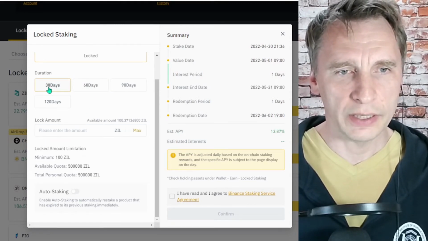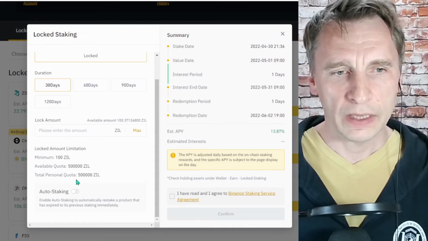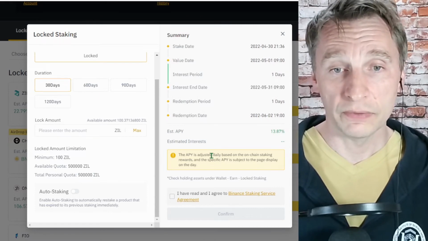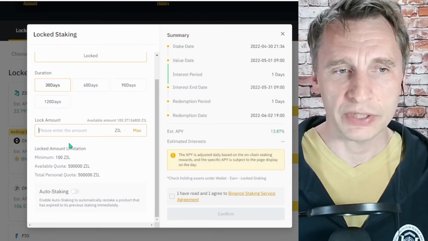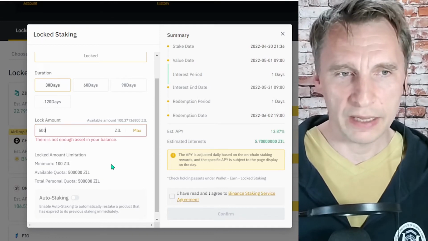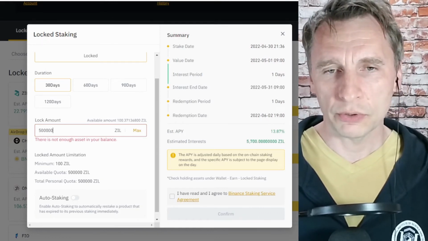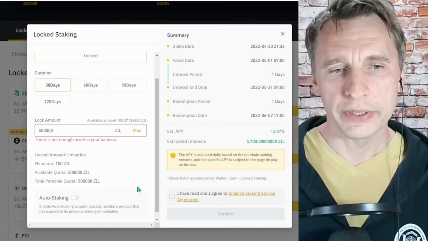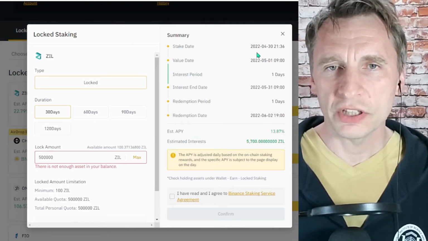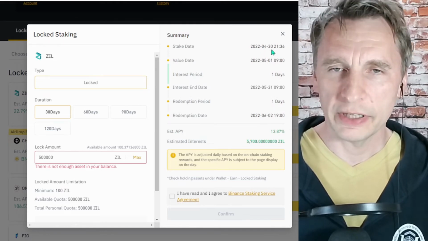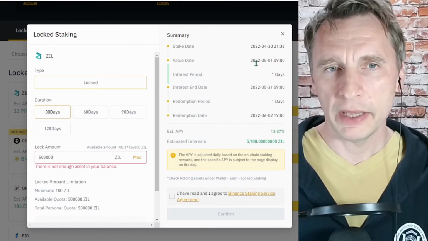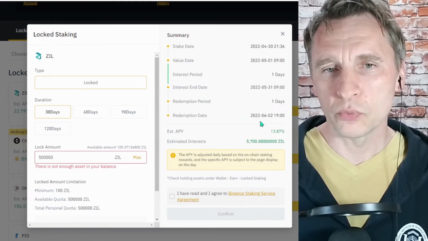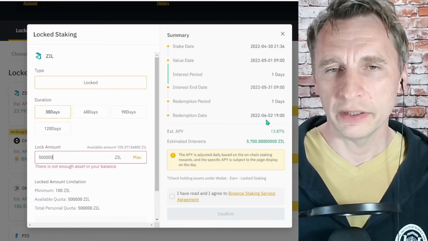The other one that's available is the 30-day, and that allows you to lock up half a million ZIL for a return of 13.87%, which is massive. So if we had 500,000 ZIL, that would give you a return of 5,700 Zilliqas after 30 days. And if you notice the dates here, you would lock up on the 4th, today is the 30th of April, and the value would accrue the next day, but you wouldn't be able to redeem your tokens until the